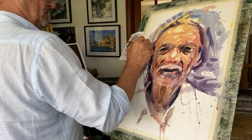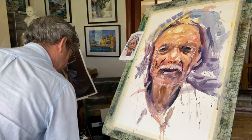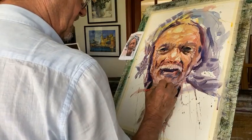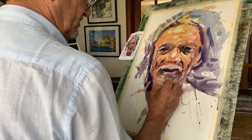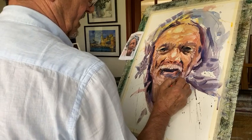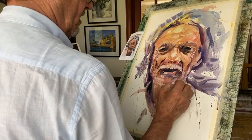Square from an angle, you know what I mean? And then you can add a few of these, not everywhere, just a few. And can you see how it's gone dry? It's gone darker, sorry. So now I can add a lighter tone, which is pure pigment,